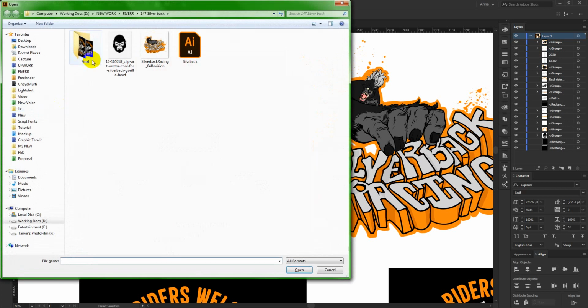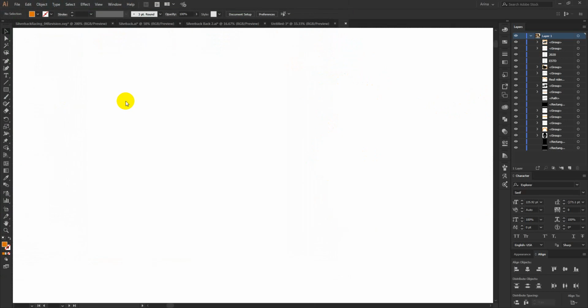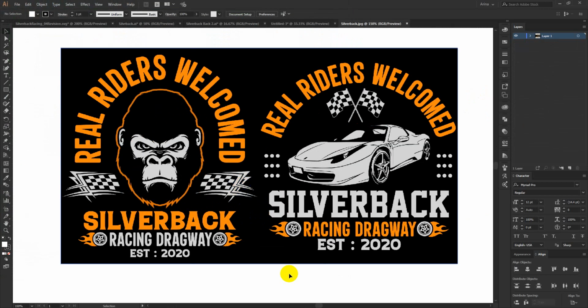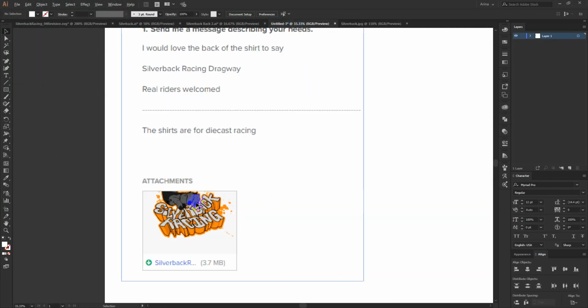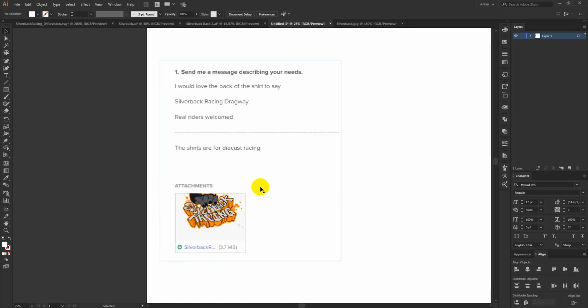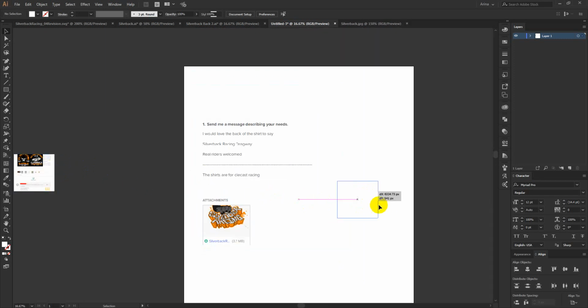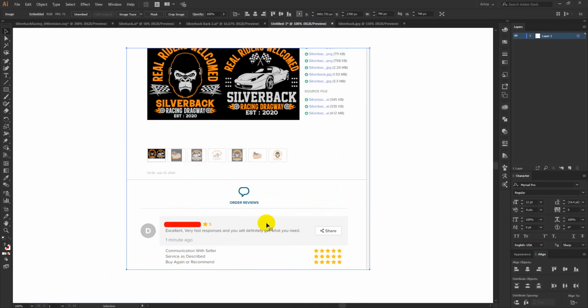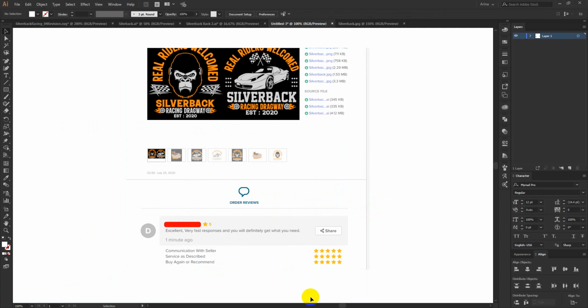If I show you, these are the two final designs I made for him, and he likes them, of course. He left a 5-star review. That's very good.